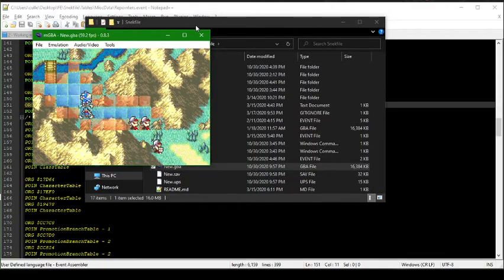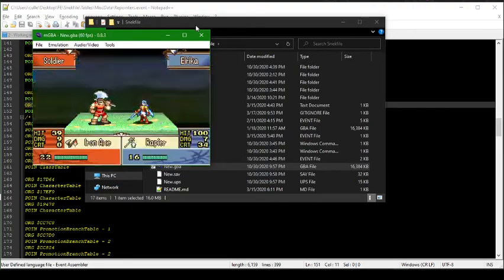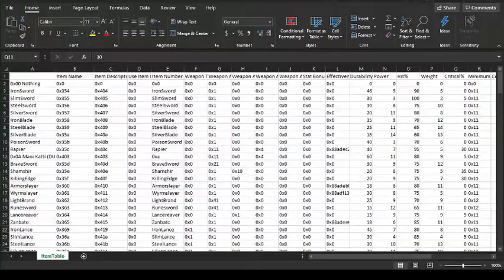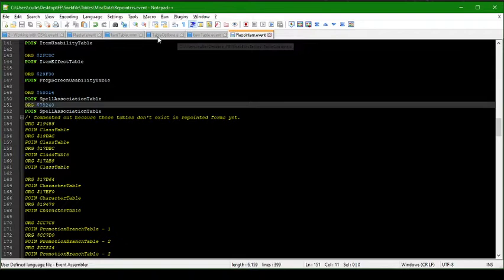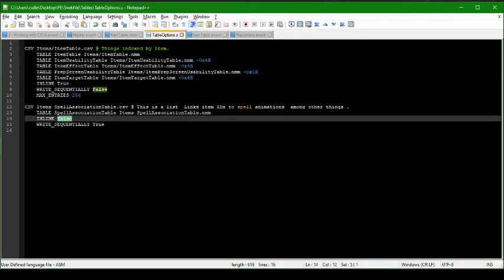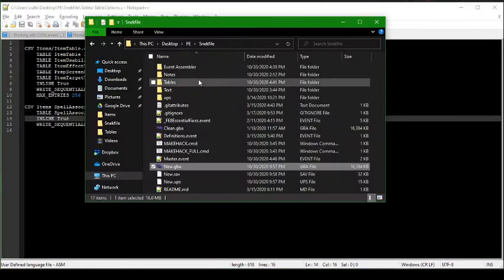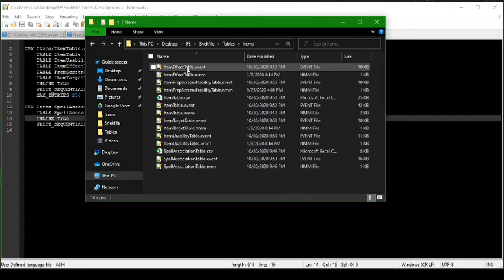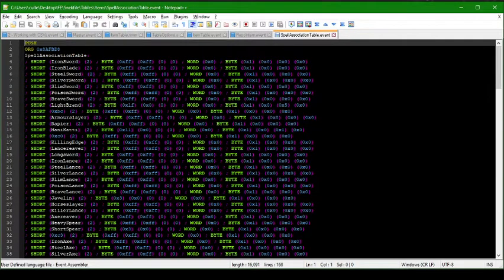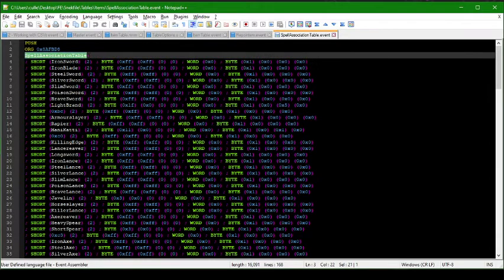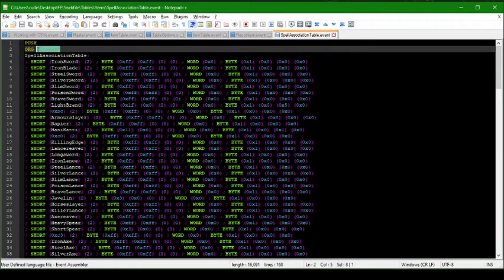So yeah, nothing's broken. We're repointing our spell association table now. Wait, are we? Wait a second. Hang on. No, we're not. We're not, but that's okay. Because our spell association table, I may have just said item table, I mean spell association table. We still have a label to our spell association table. It's at its vanilla location, so